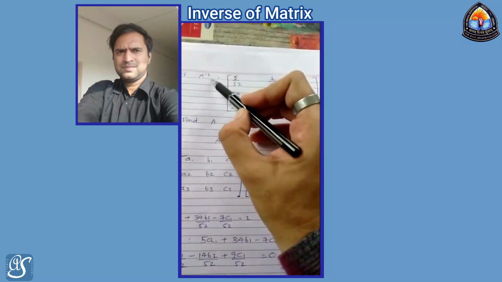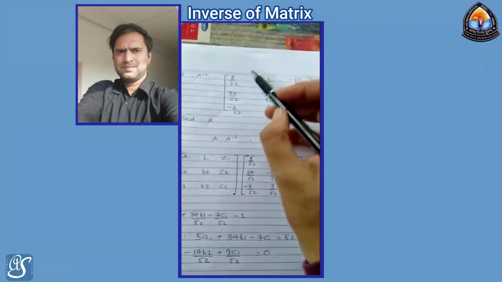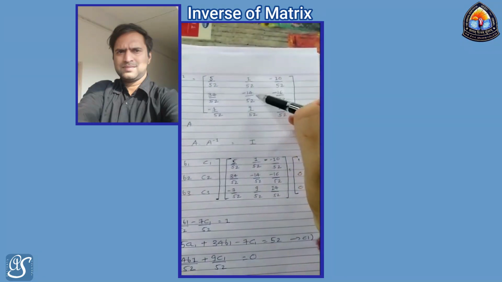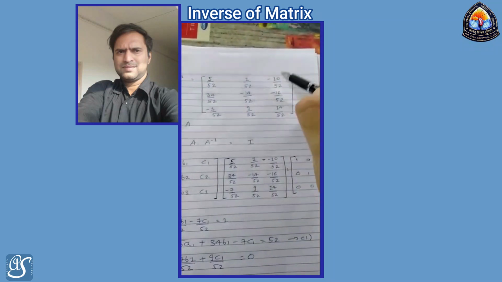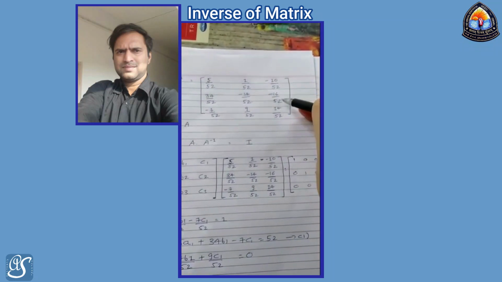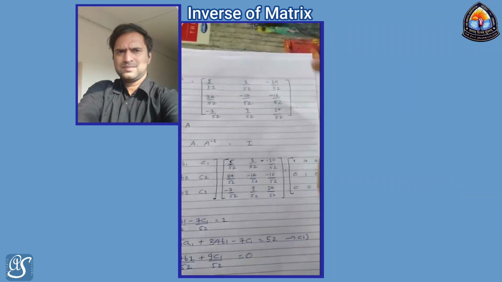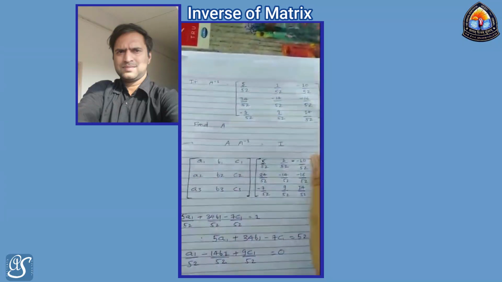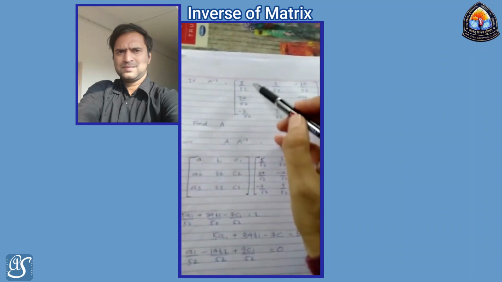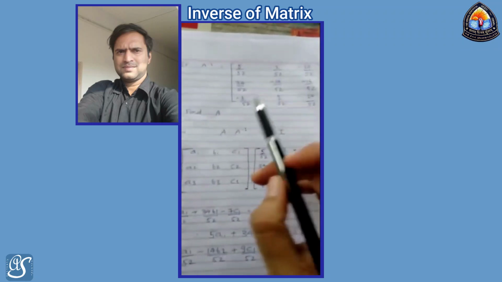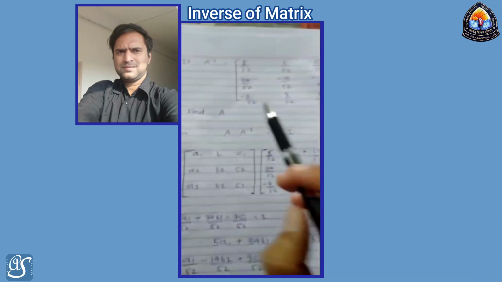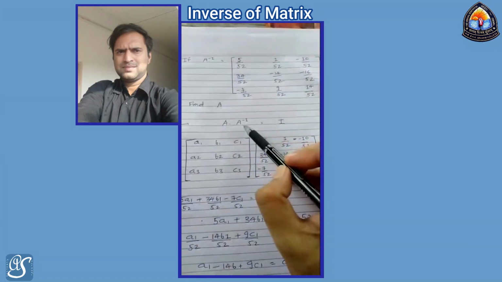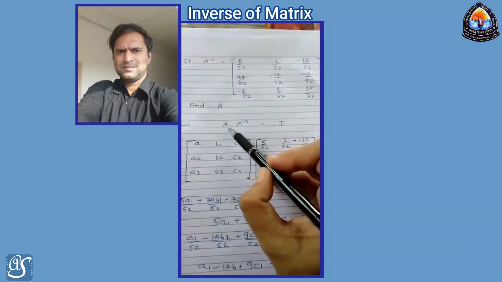Now in this question, the inverse matrix is given. So A inverse is equal to: first column 5 upon 52, 34 upon 52, minus 7 upon 52. Second column, 1 upon 52, minus 14 upon 52, 9 upon 52. Third column, minus 10 upon 52, minus 16 upon 52, and 14 upon 52. So here we want to find A from the inverse matrix. We don't need to find cofactors or adjoint or determinant of A. Here we are going to use the important result A into A inverse is equal to identity matrix. So we have the elements of A inverse, but A is unknown.